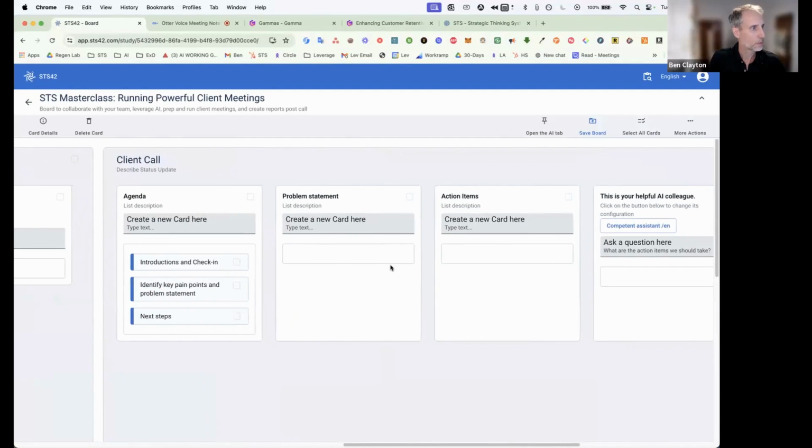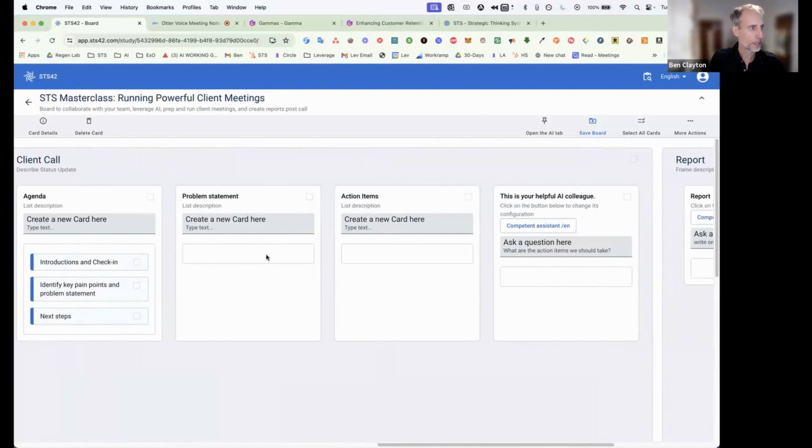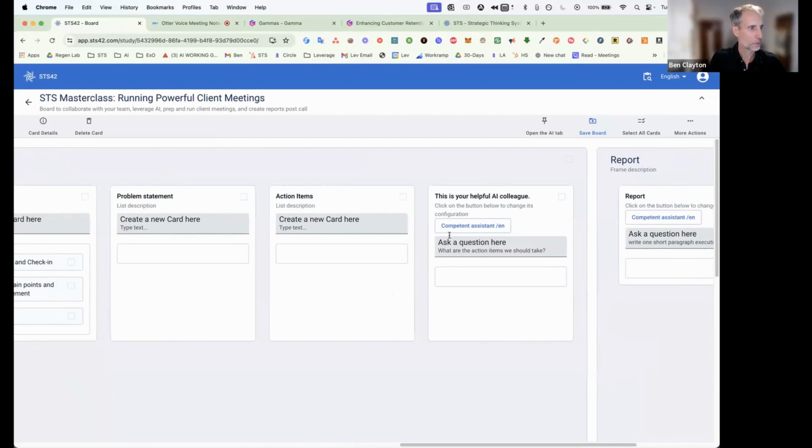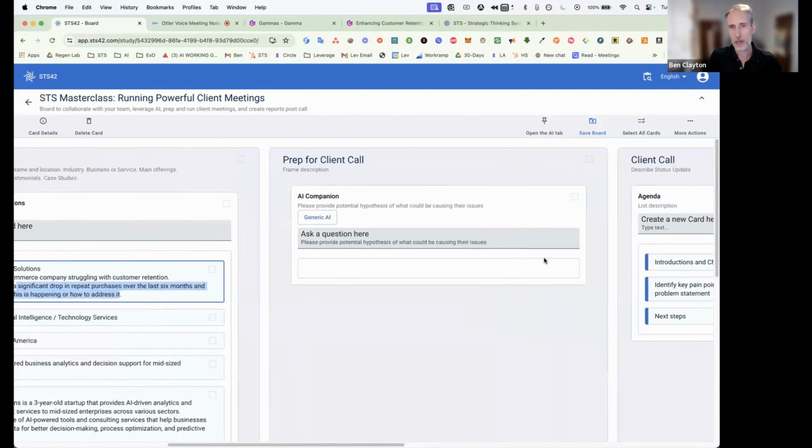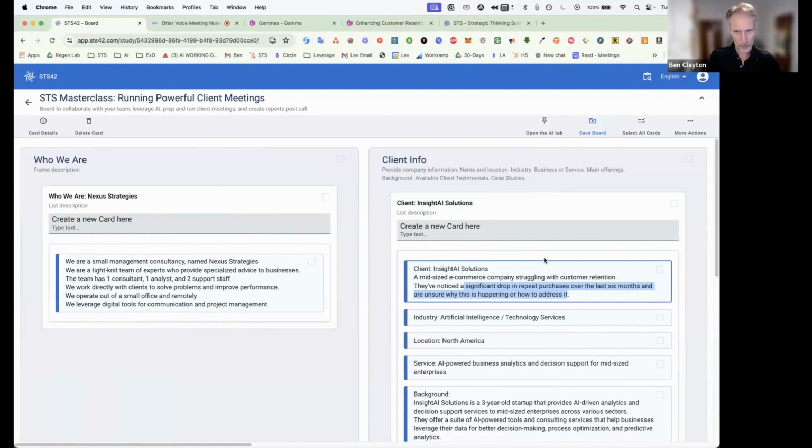So I have an agenda. We'll talk about the problem statement, make sure that we understand it correctly with the client. We'll come out with some action items. We'll employ the AI agent here as well, and we'll create a report at the end. So this is like a template. You can add a lot more to this, but I wanted to keep this pretty straightforward for the benefit of this